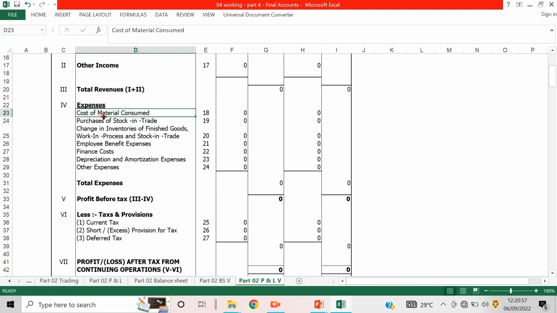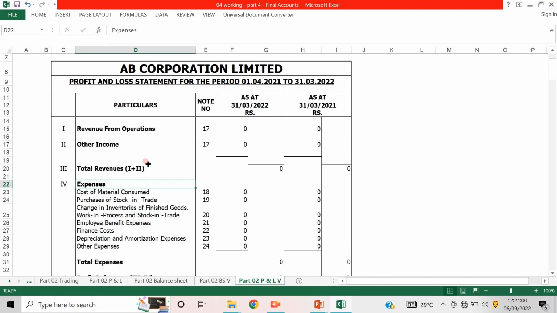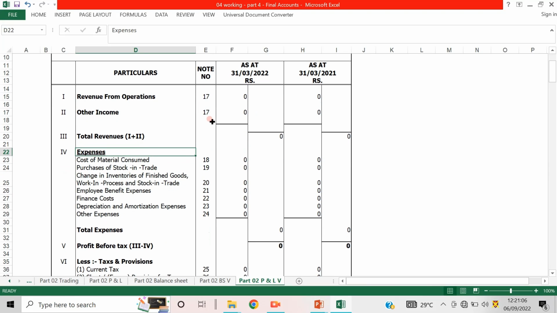Now cost of material, the expenses, इधर income statement में total revenue ले लिया, अदर ये शेड्यूल में से इधर टोटल लेके इधर ले लिया। नाउ एक्सपेंसेस का डिटेल बहुत ज़्यादा हो जाता है तो वो शेड्यूल्स में से बना के ले लेते हैं। तो कॉस्ट ऑफ मटेरियल कंज्यूम्ड 18, परचेस ऑफ स्टॉक इन ट्रेड, ये सब, मीन्स then change in inventories of finished goods, increase or decrease in means stock, ये है।